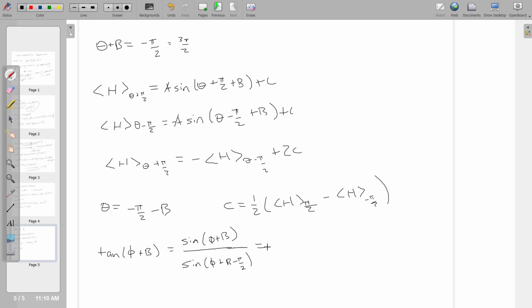And so we can immediately look up here and be like, hey, these were just the terms we were using up here, and we can see that if we know that c is equal to 1/2 the expectation at plus pi over 2 plus the expectation at negative pi over 2, we can write this as